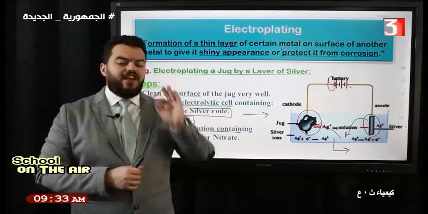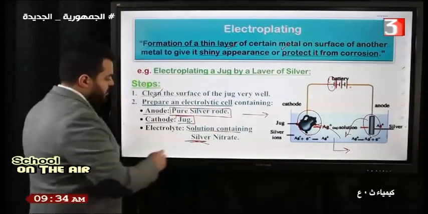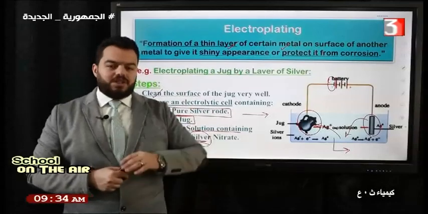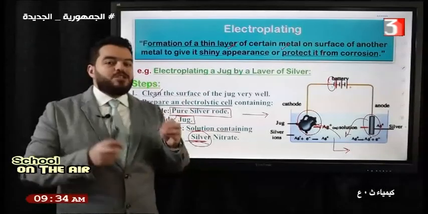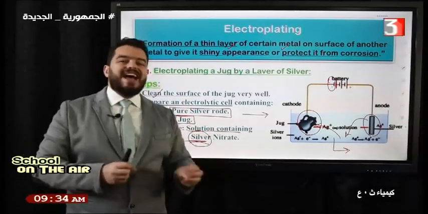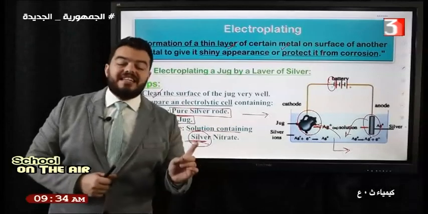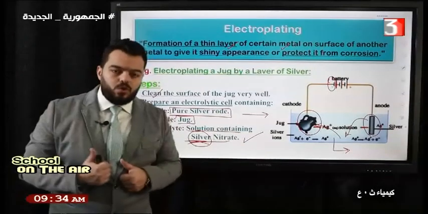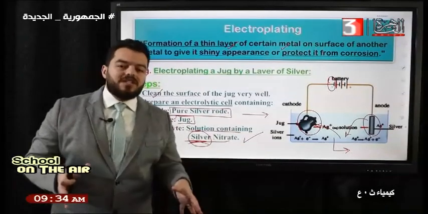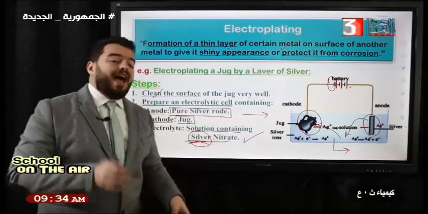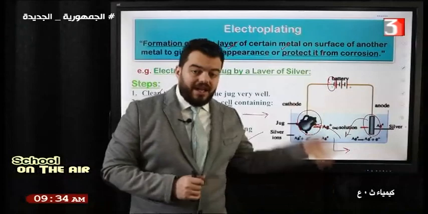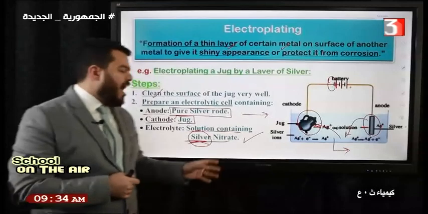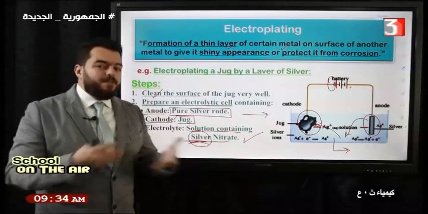And here is a very important note. The silver is precipitated in most of its solutions. Okay, which solution will be used as the source of silver positive ions? Only silver nitrate can be used, because, as we have studied in chapter 2, silver nitrate is a soluble substance, and we have said today that the electrolyte must be liquid, in an aqueous form, to let the positive and negative ions move freely.